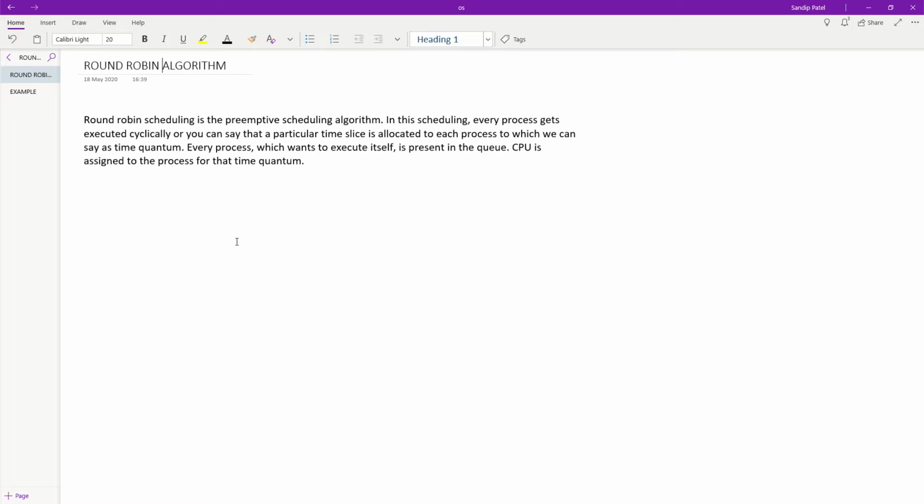So the main purpose of this round robin scheduling algorithm is that it is designed for the time sharing system, right? So some time quantum is assigned to each process, and that process will be executed for that amount of time only. After that time quantum expires, the process will be swept out from the CPU. So you can say here the preemption is performed. It will be swept out from the CPU, and the new process in FCFS manner, P2 suppose, will enter the CPU, and it will also execute for that particular time quantum which is assigned to that process.